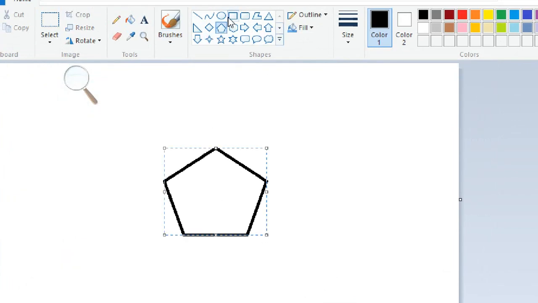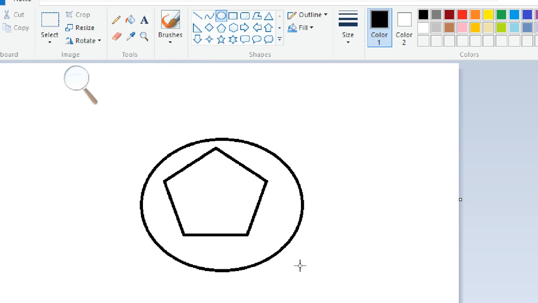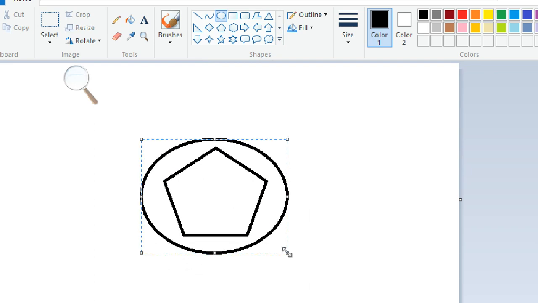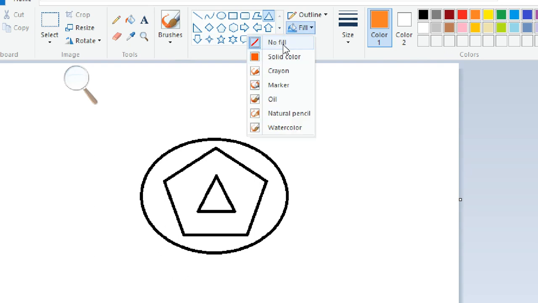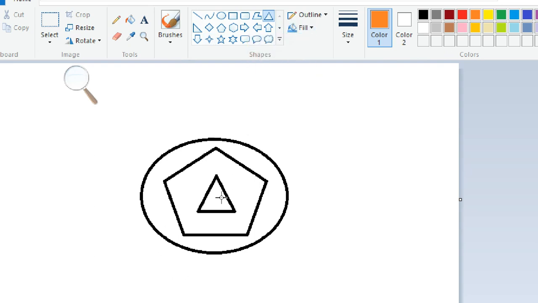So I'm taking something like this. If you are more interested, like girls are also there, you can fill with the colors also.